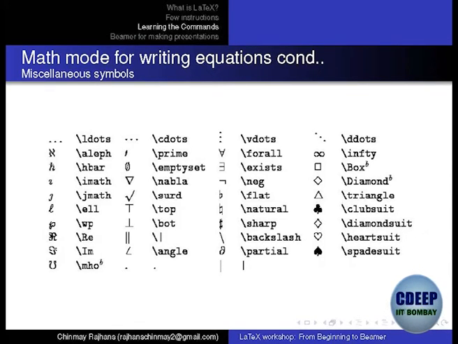All of this. Generally these ldots, cdots, vdots, ddots are used when you write a matrix. You write the first two terms and you write dot dot dot for the remaining terms. Or in an equation also you want to write multiple terms. These ldots, vdots, cdots are the commands which are used. It inserts exactly three dots and then you can write the last term like that. Other than that, others are just symbols. If you use them, you get them. Very simple.